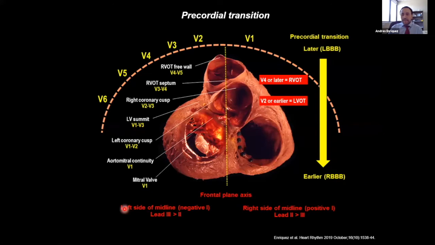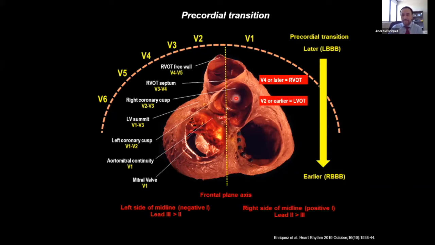So I like this slide because it shows the value of the frontal axis and transition for localizing PVCs. And here we can see the RVOT is actually anterior and leftward relative to the LVOT. Note that the anterior aspect of the RVOT is actually a leftward structure, while the right coronary cusp of the aortic root is actually on the right side of